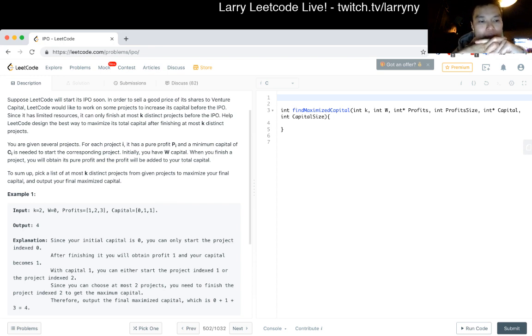But I'm also trying to figure out if I could visualize this as a graph problem. Because if it is a graph problem, then there are graph type solutions depending on the problem.